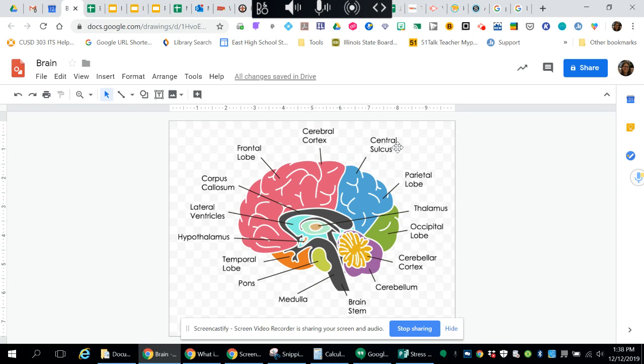labels. But before I do that, I want to use our labels and put them into our Google slide as our movable pieces. So in order to do that, I am going